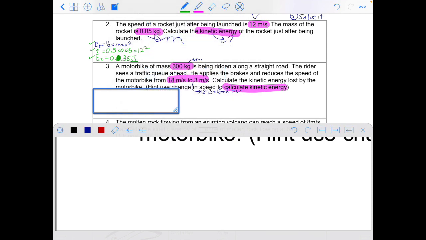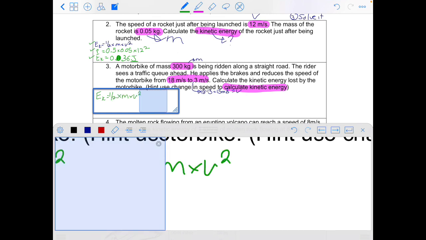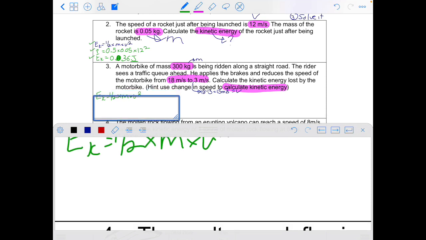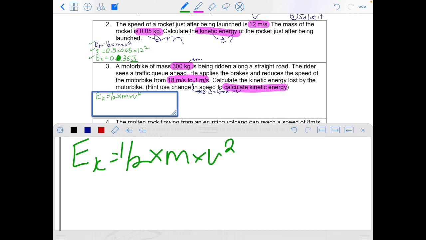So hopefully you've written down that our kinetic energy is equal to 1/2 times mass times velocity squared. Remember, it will be easier for you to remember the formula if every time you write it down, you think of it not as EK equals 1/2 mv squared. If you think about it, kinetic energy equals 1/2 times mass times velocity squared. Say it like that in your head, and it will make it easier to remember once you get to the